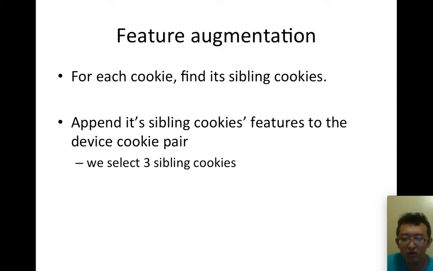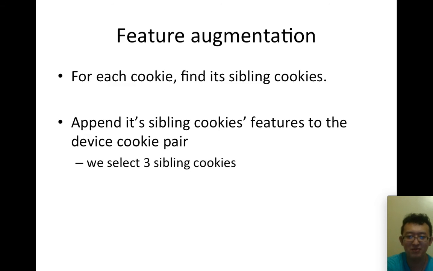In this way, we hope that the classifier can see more features about this cookie and its sibling cookies in one instance. So it helps the classifier to do a better job classifying